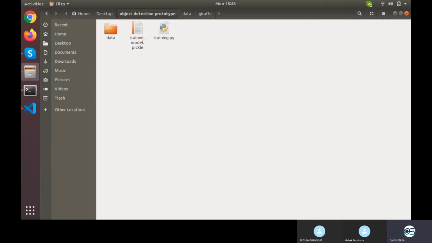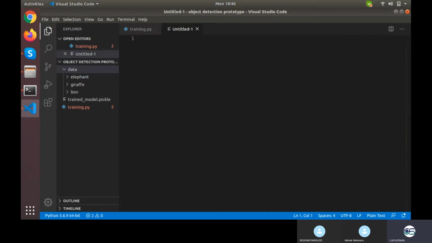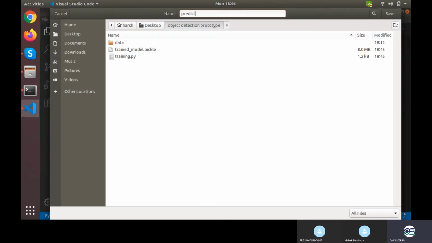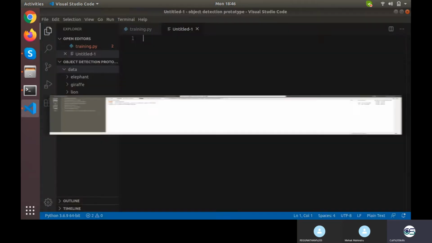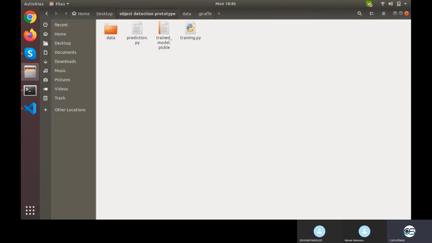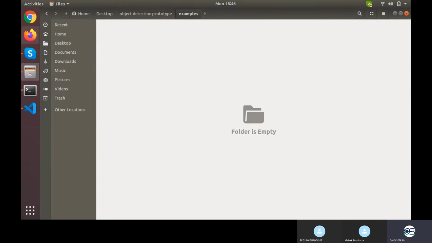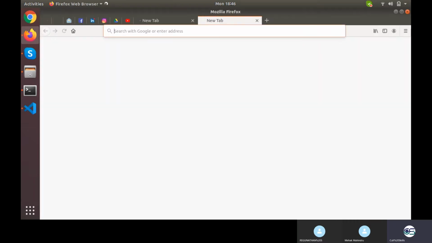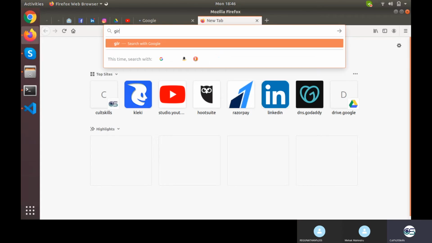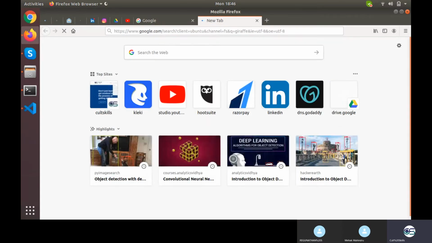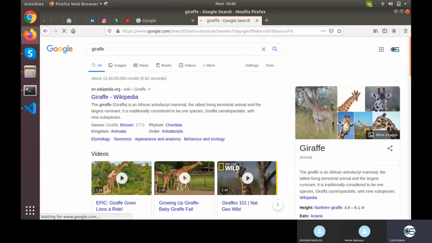In order to make prediction, I again need to have a file, the prediction.py file. So where is my prediction part saved? Into examples folder. Let's take a new image from Google of giraffe. Moreover, you can check the accuracy with model.evaluate for testing part as well.